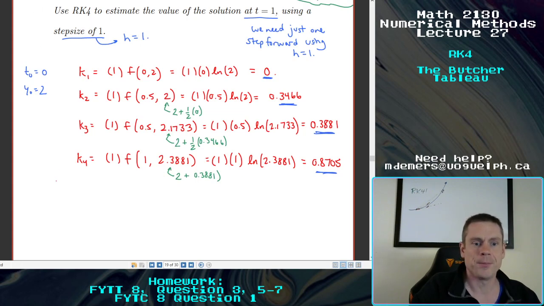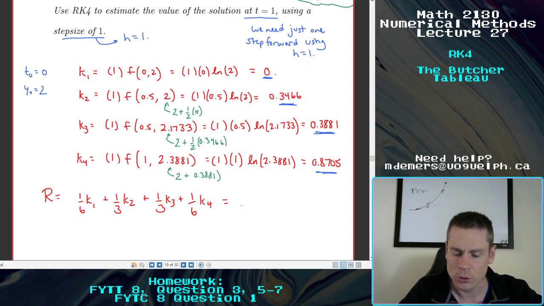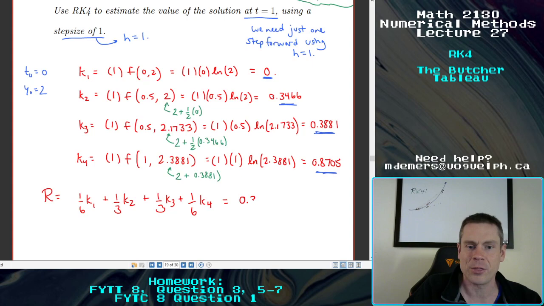The r is going to be given by 1/6 of the first, plus 1/3 of the second, plus 1/3 of the third, plus 1/6 of the fourth. And if you work all of that out, putting all of those values in, this should calculate to about 0.3890. So it happens that the third estimate was really close to what we're going to go with in this scheme. But that's just what it turns out to be. Thus,